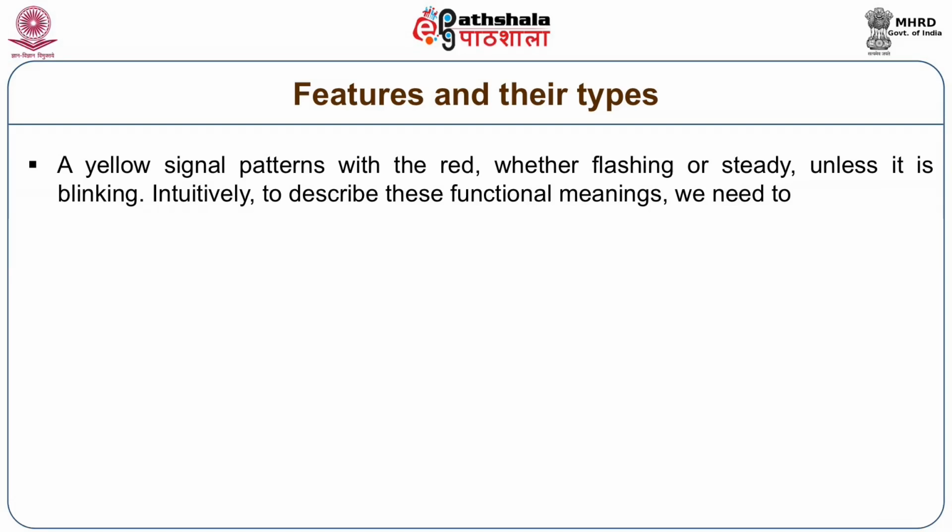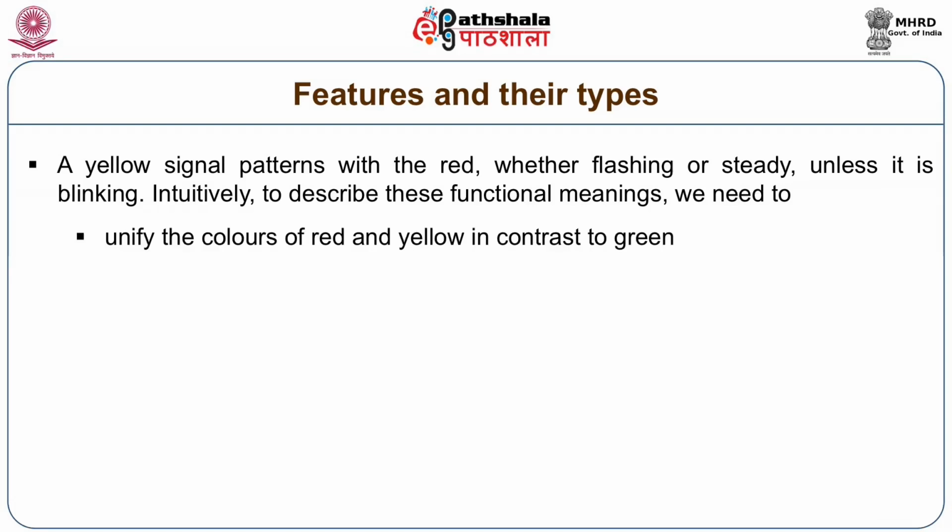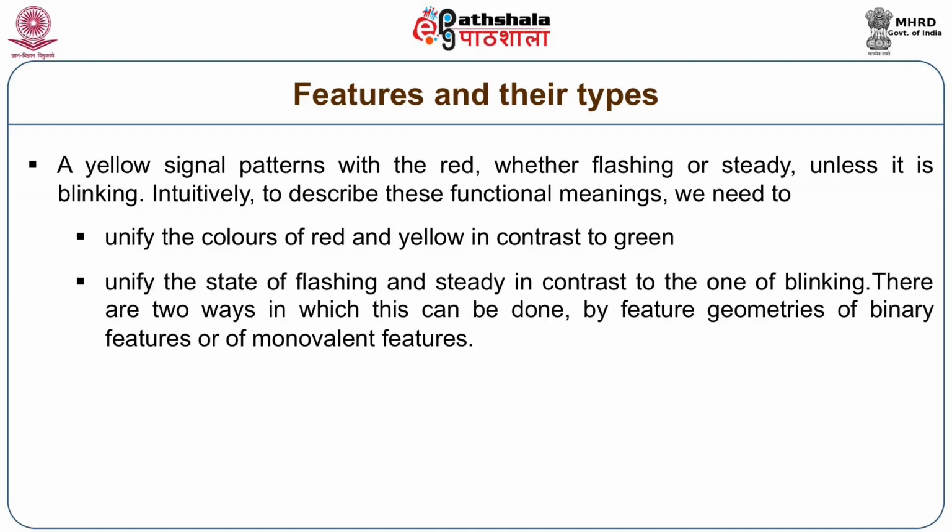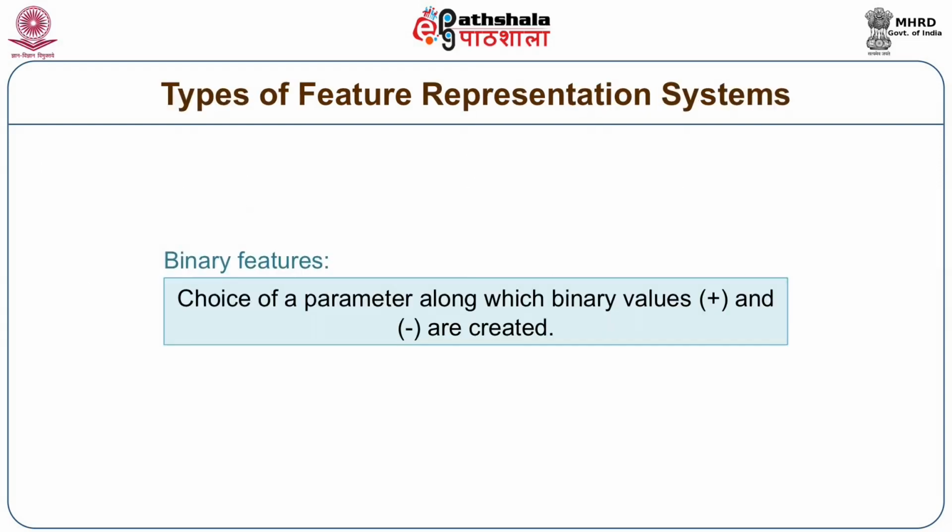So now in order to describe this contrast, which takes red and yellow together versus green, we need to be able to come up with a feature geometry that unifies red and yellow in contrast to green, and also makes a difference between flashing and steady in contrast to blinking. There are two ways in which we may do so. One, we can use a binary feature geometry, where a plus or a minus,